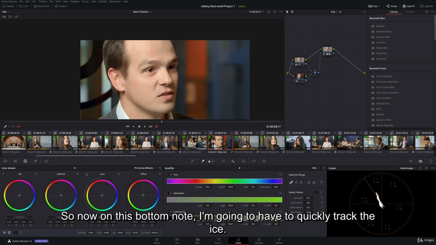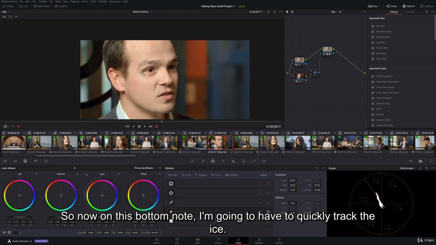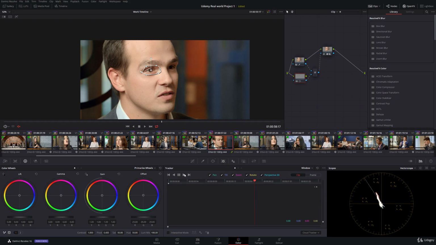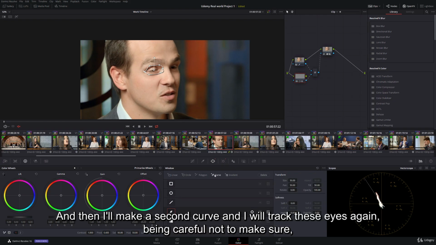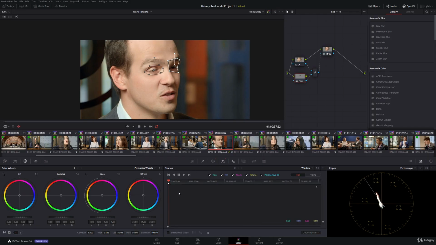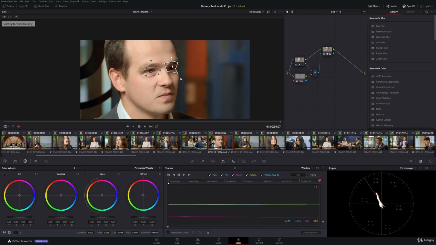So now, on this bottom node, I'm going to have to quickly track the eyes. And then I'll make a second curve, and I will track these eyes. Again, being careful to make sure that they do not go outside of the face. And I will then track that. Cool. So now,